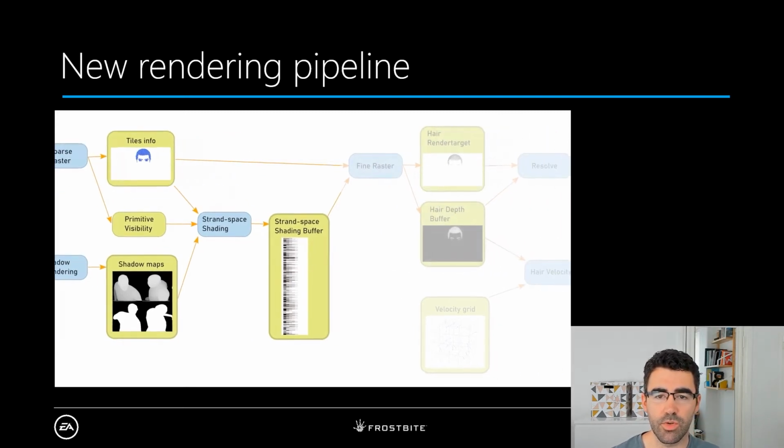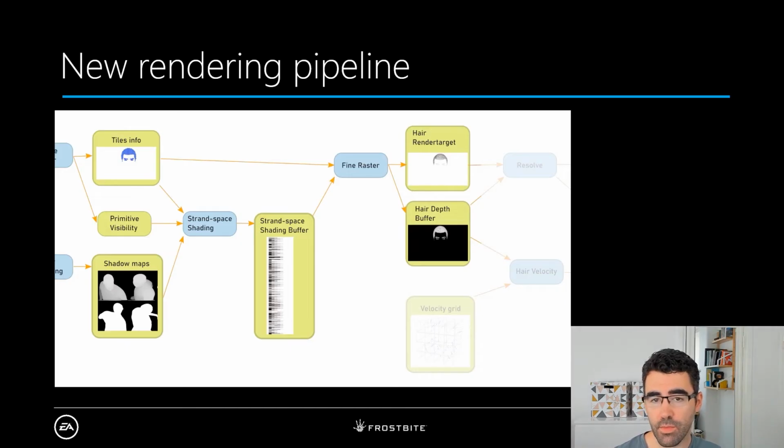Once we have the strand space shading, we invoke the fine rasterizer. This is the part that does the actual rasterization of our hair. It grabs every one of the tiles generated by the coarse rasterizer and iterates over all their segments, rasterizing them one by one. It checks which pixels in the tile are covered by which segments, and it generates a final